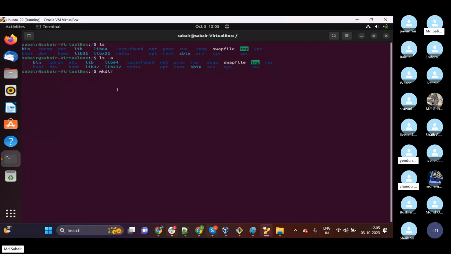Data will be saved in a file, not in a folder. A file is the place where we can save some text data or any data. So a list of files can be saved in a folder. In Linux, we call them directories.